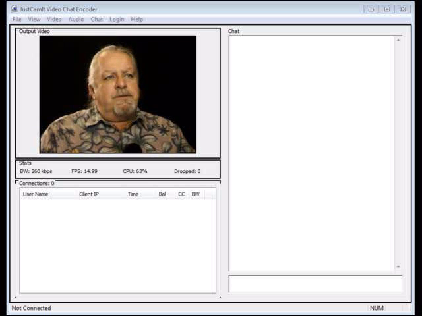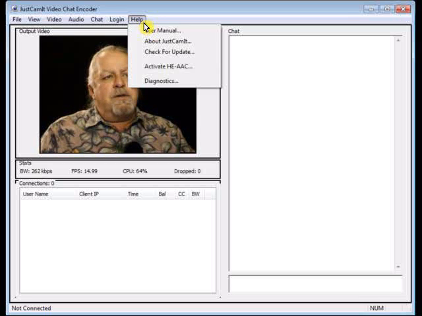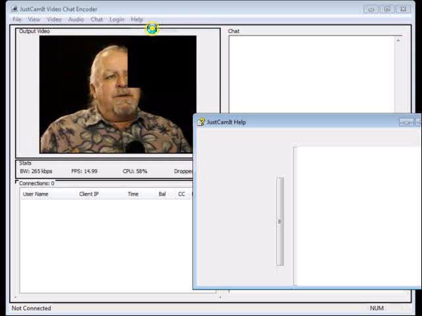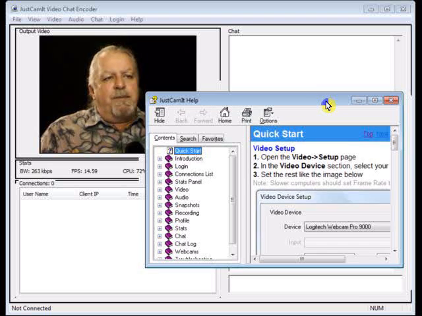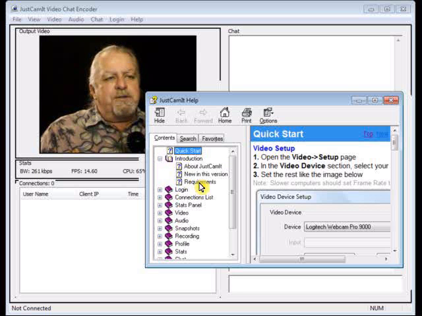your students. So the best way to get started on this is to actually go to the help file first and go to the user manual here. Let's put it inside the frame. The very first thing to really understand about video streaming itself is to go to the introduction and